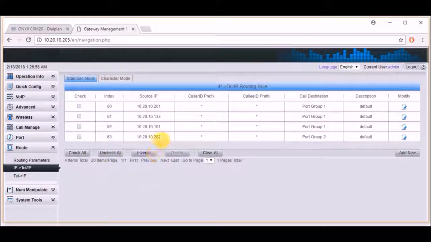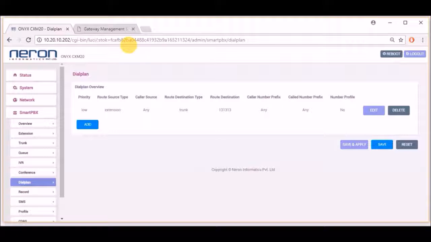As you can see, created. Source IP is 10.20.10.202 and the call destination is port group 2. So our IP to tel routing rule is done. Now we'll make an outbound call from our soft phone.